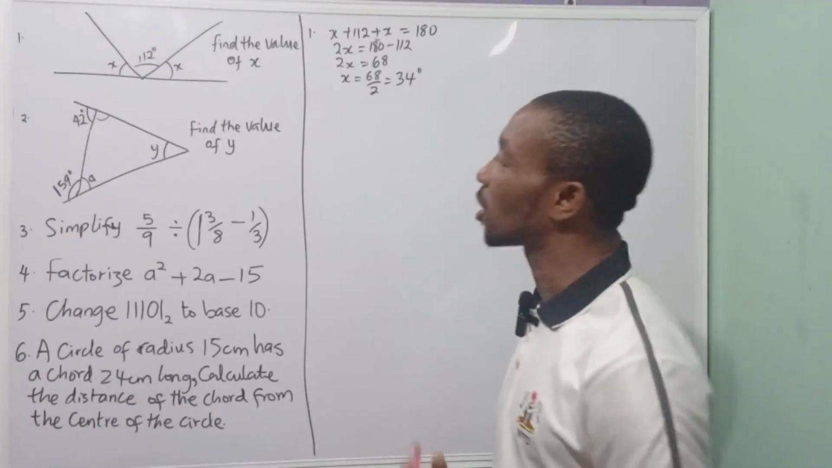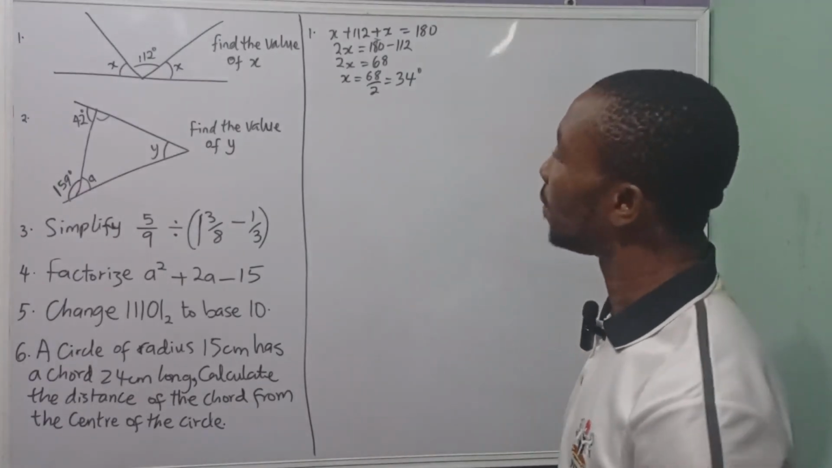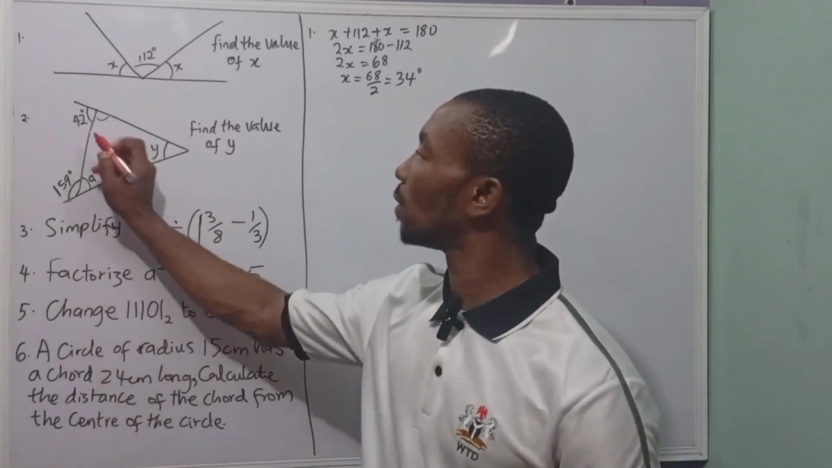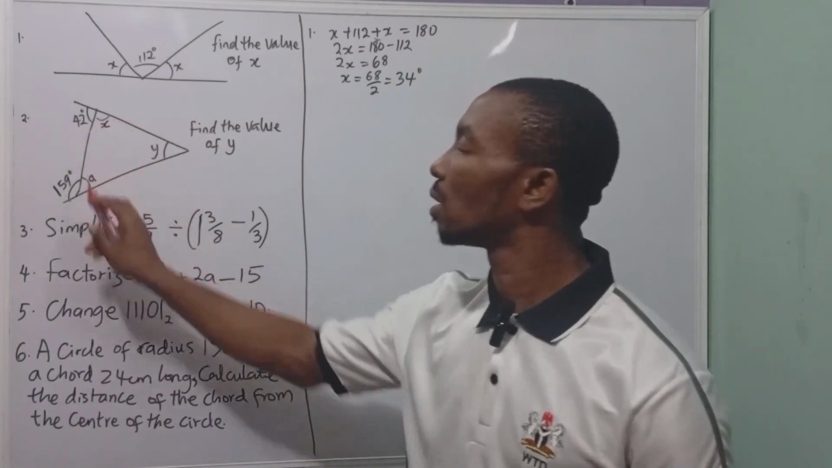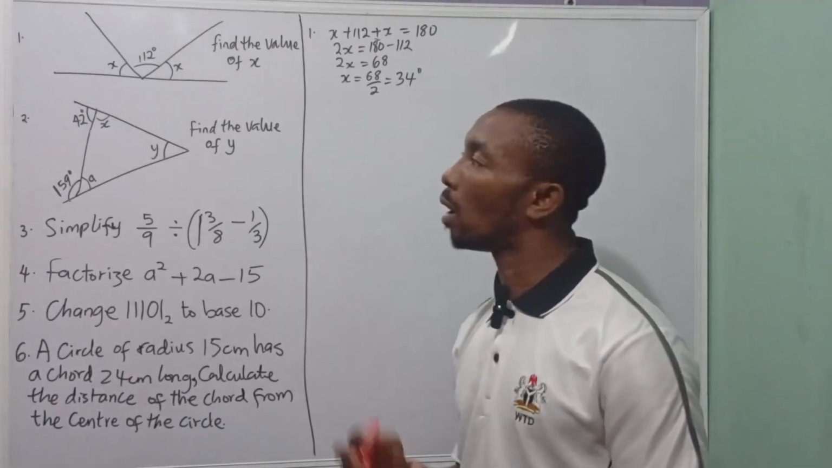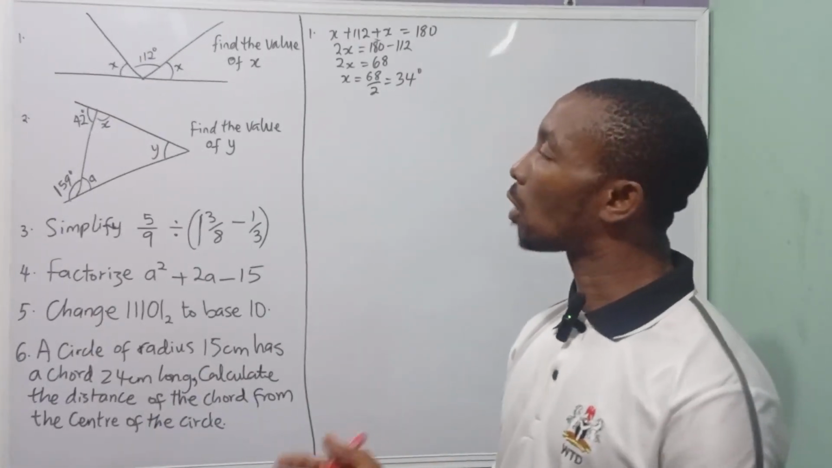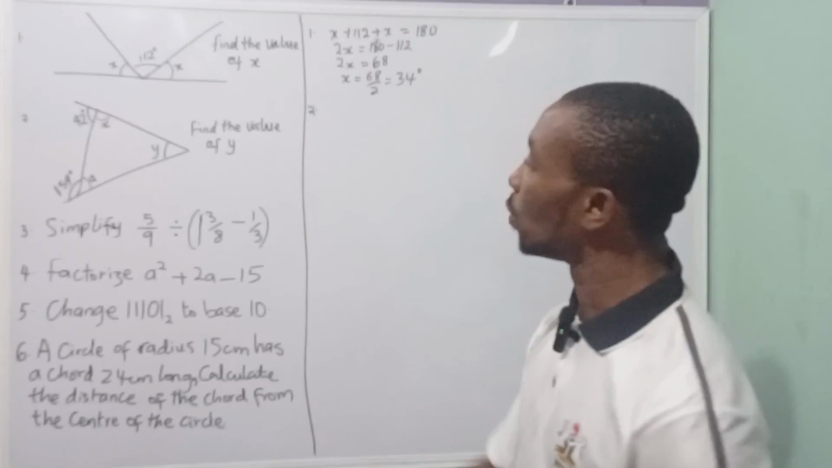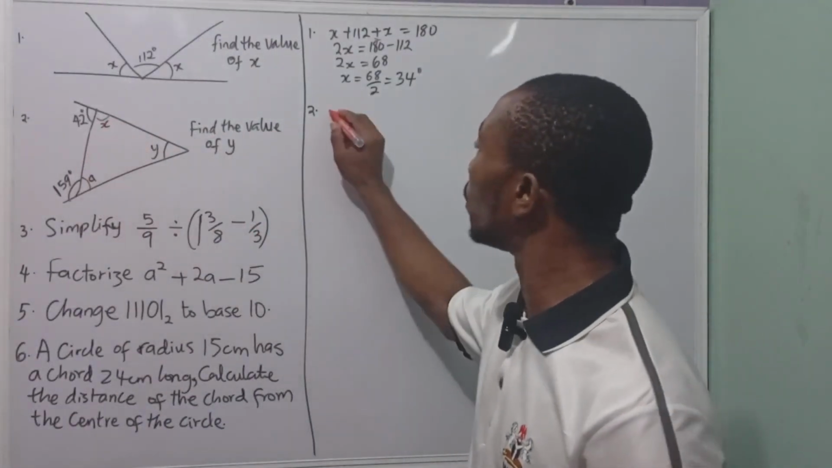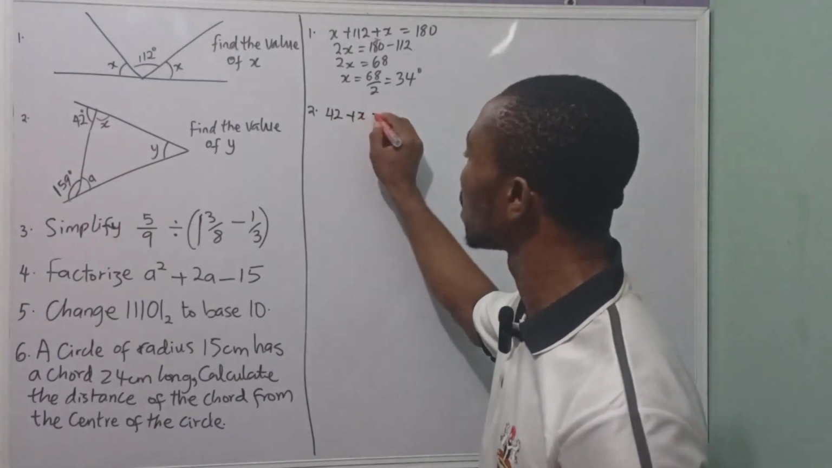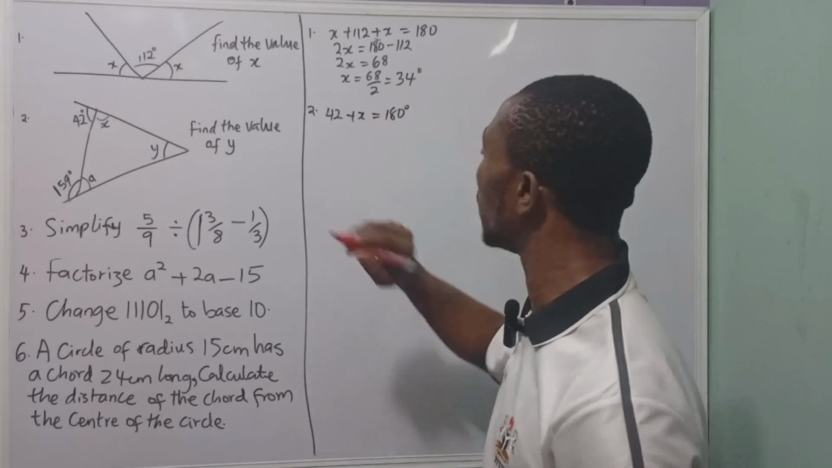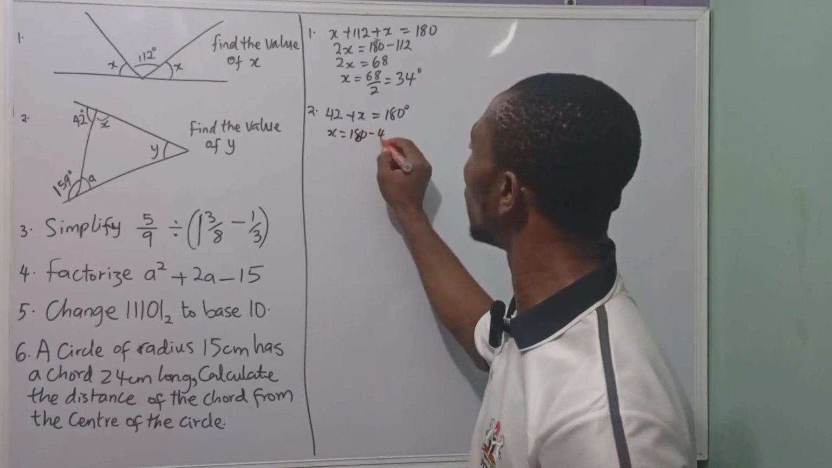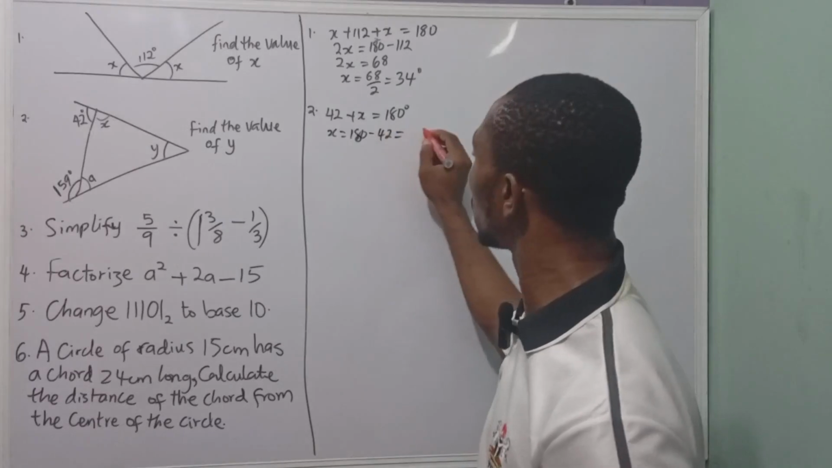Alright guys, to our second question, it says, find the value of y. So for us to find the value of y in this diagram, we need to find the value of our x and our a. Now we all know that mathematically, angles on a straight line sum up to 180 degrees. So for us to find the value of x, we will do 42 plus x equals 180 degrees. So x would be 180 minus 42,